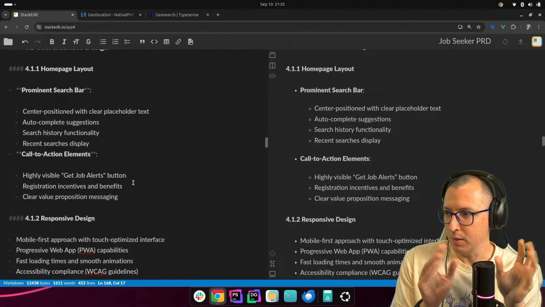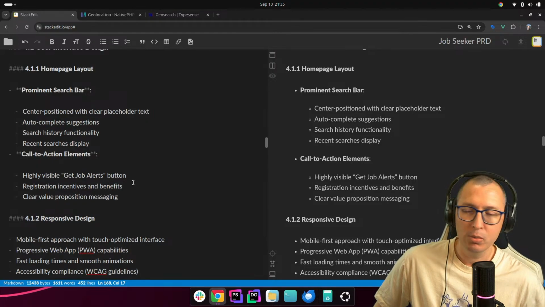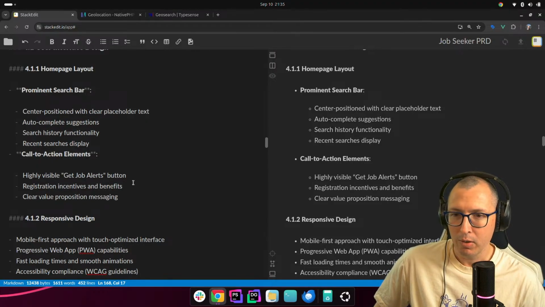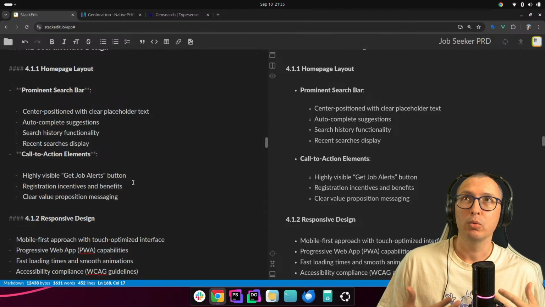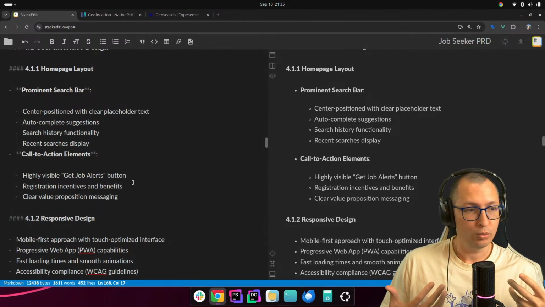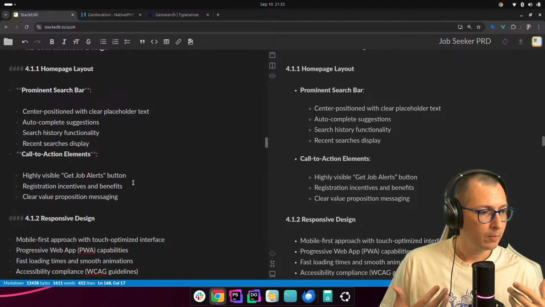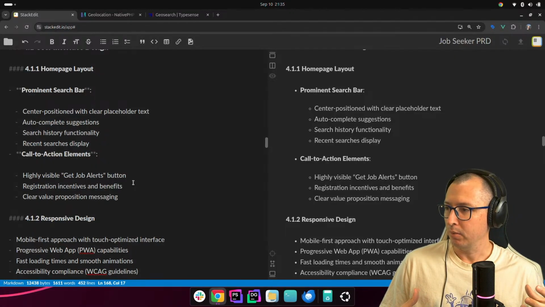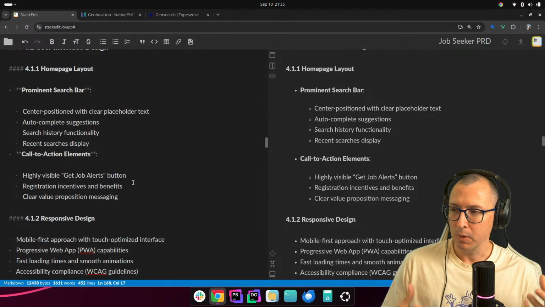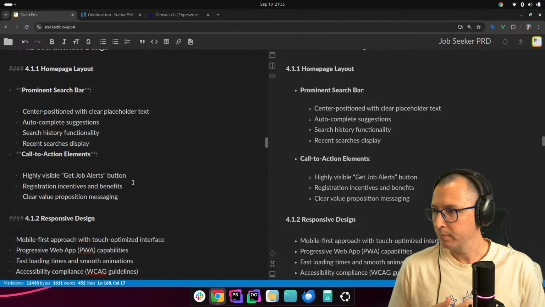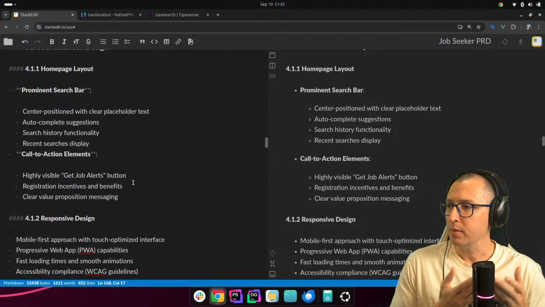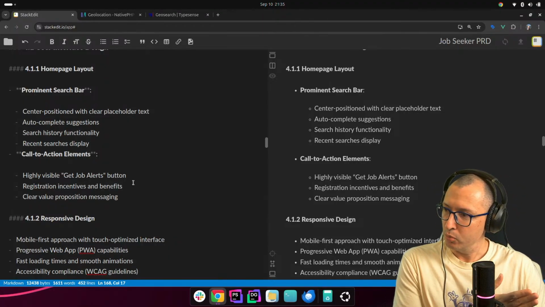I don't know why I'm doing this, but I'm going to stop. This is to incentivize the user to give us their very valuable personal information that we can then use to, what is the word? To create an audience, basically. And an audience means value. Value for publishers that want that audience driven to their jobs.